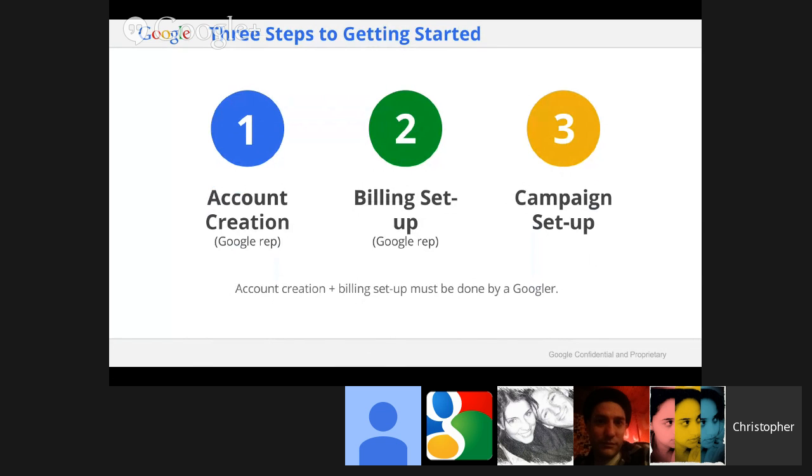Unfortunately, you cannot create GSP accounts yourself, and the GSP user interface sits separately to your AdWords accounts. It's actually an entirely separate interface. You need to contact your Google representative to create an account for you. All you need to provide them with is a link to an AdWords account that you wish to link the